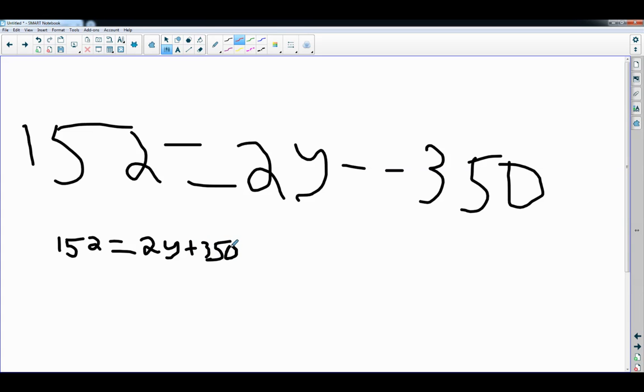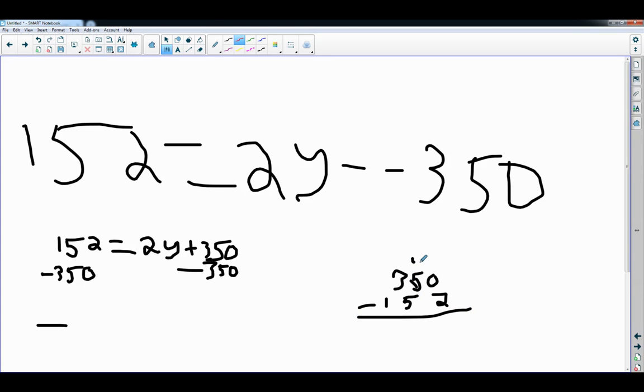And now if you have to get out a calculator, that's okay. Minus 350 from both sides, and minus 350 from here. This is going to be kind of ugly. It's going to be a negative number because 350 is bigger than 152. All right, if you have to scratch it out, it's the same thing as 350 minus 152. There's all kinds of borrowing here. 4, 10, 8, got to borrow from here. 14 minus 5 is 9. So that'd be -198